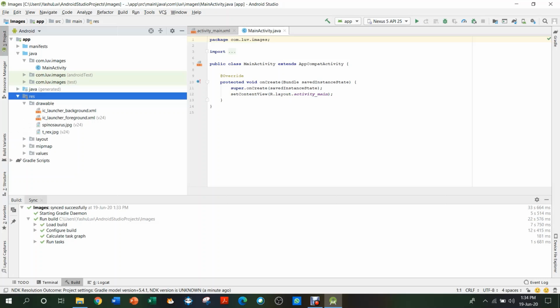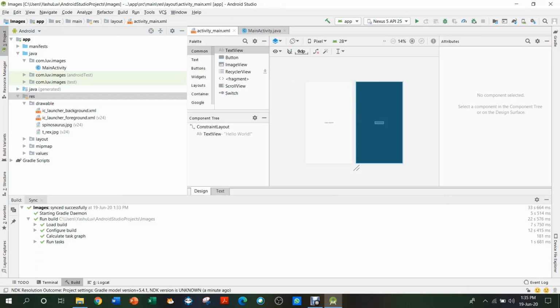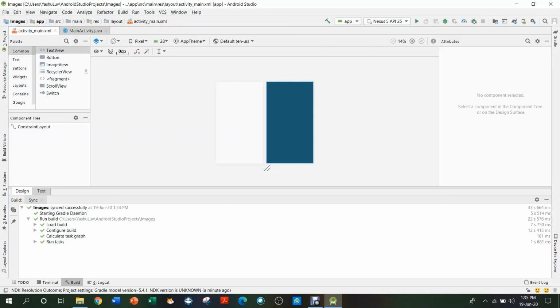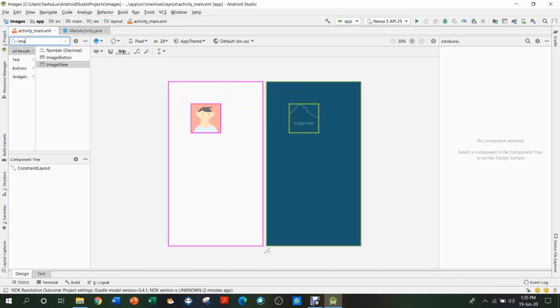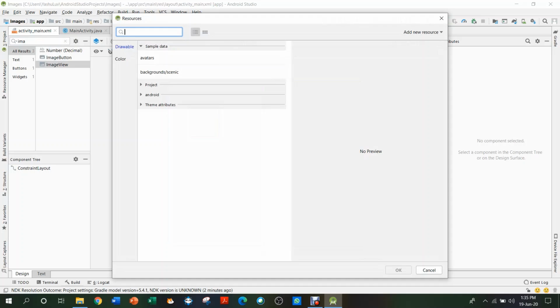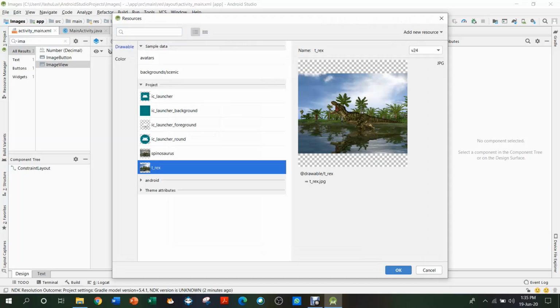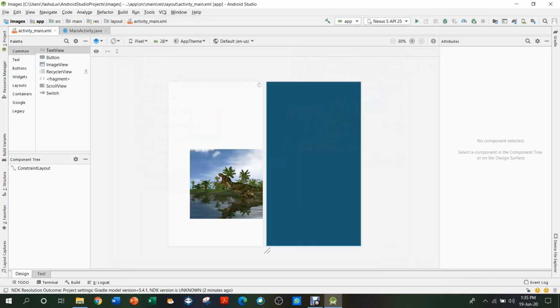And also make sure that the pictures whichever you use, they all have small letters in them and they don't have any spaces between. Underscores are okay, but you can't have any spaces like T space Rex. So then what we are going to do is firstly I'll remove that text view. I'll minimize everything so we get a bit of space. Then go to palette and search for image view